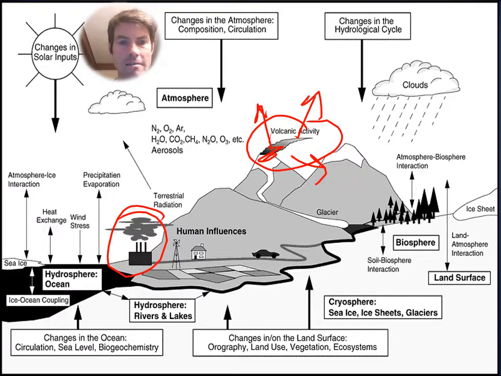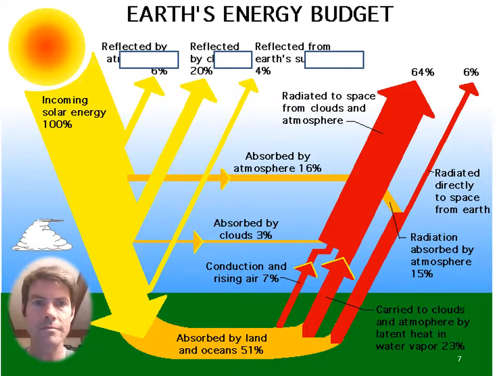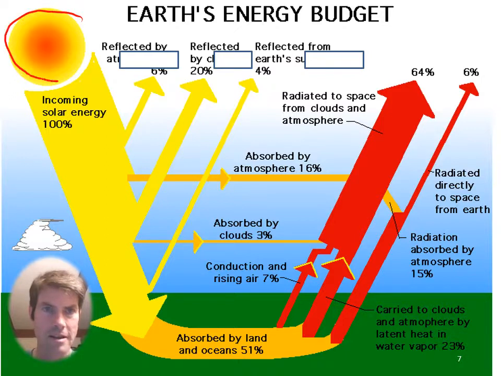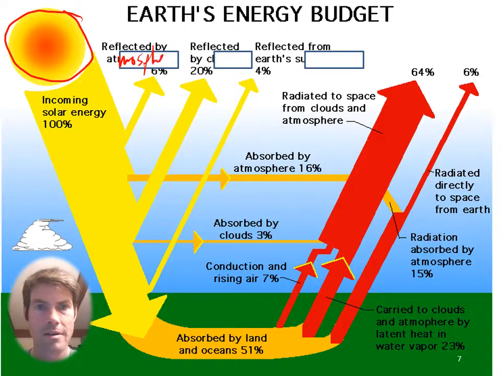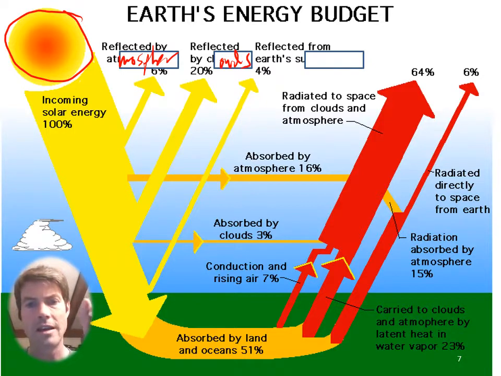And then you can see the cryosphere, you can see that reflects the light out into the atmosphere, and therefore prevents it from turning into heat on the ground. So check it out. We have this sunlight coming in. A lot of it is reflected by the atmosphere, also reflected by the clouds. So just the air molecules themselves reflect some of that light. Clouds reflect some of it, and then a lot of times it gets to the surface, you also have it being reflected.